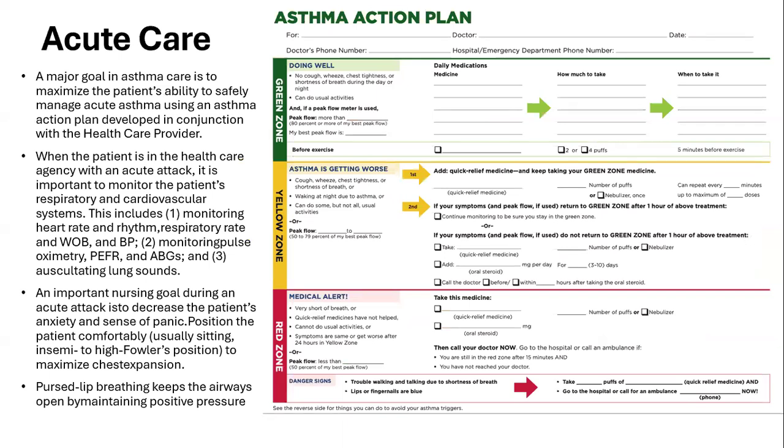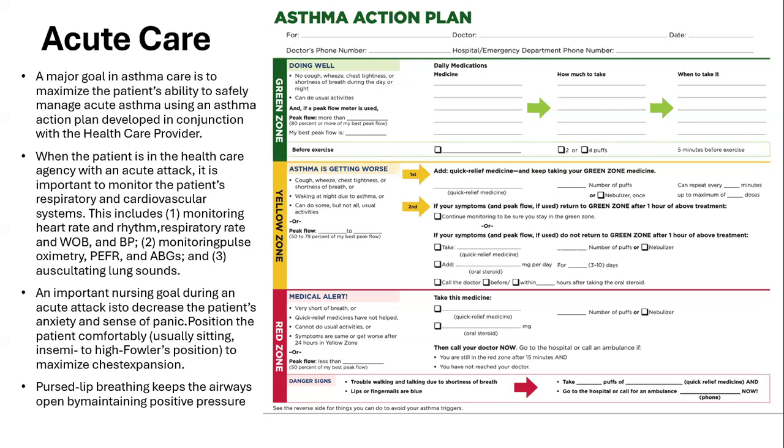Okay, for the nursing intervention while the patient is in acute care or in hospital, we need to remember the major goal is to maximize the patient's ability to safely manage acute asthma using an asthma action plan developed in conjunction with the healthcare provider. When the patient is in the healthcare agency with an acute attack, it is important to monitor the patient's respiratory and cardiovascular system. This, of course, includes monitoring heart rate, rhythm, respiratory rate, work of breathing, blood pressure, pulse oximetry, PEFR, ABGs, and